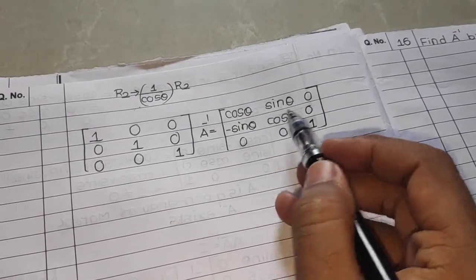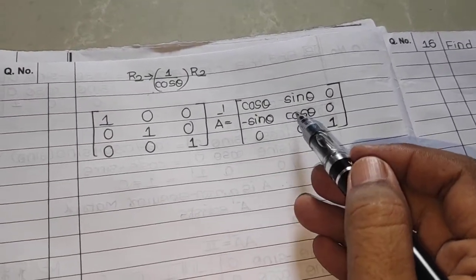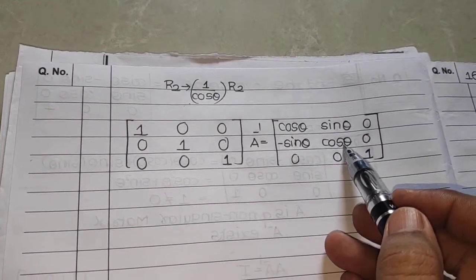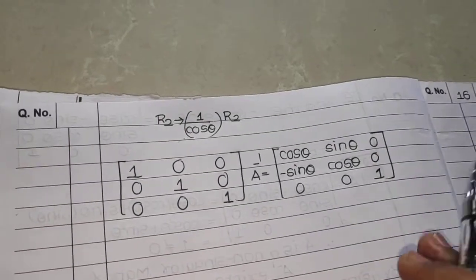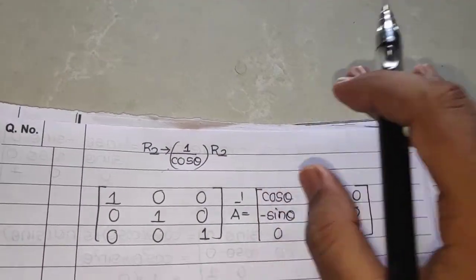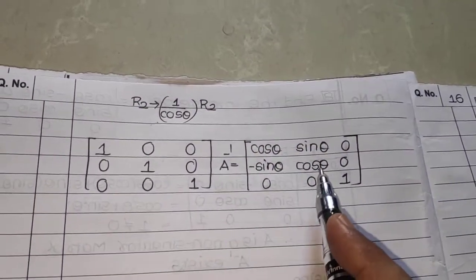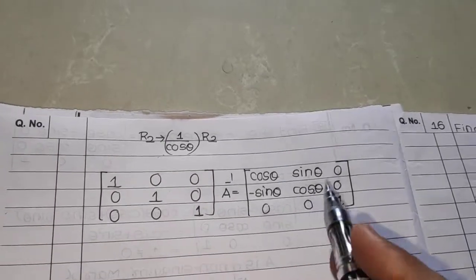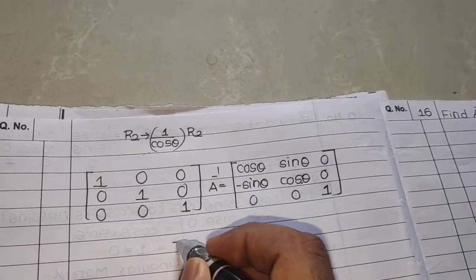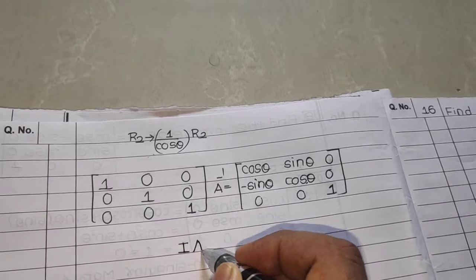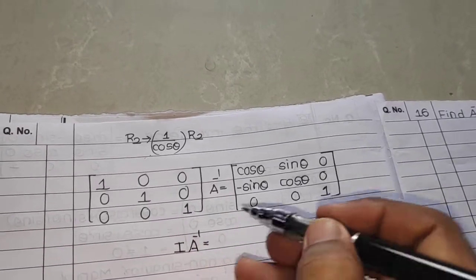With this operation, the middle element on the previous step was 1 minus sine square. I'm talking about this element, 1 minus sine square. This 1 minus sine square is nothing but cos square theta, and this cos square theta divided by cos theta is nothing but cos theta. So that's what we have. Now this is our identity matrix, which is I into A inverse, which is equal to